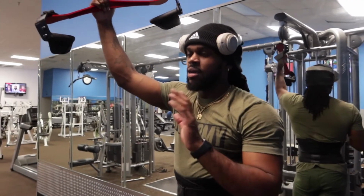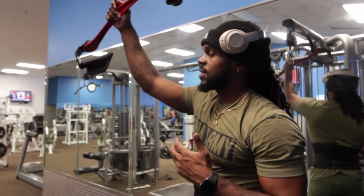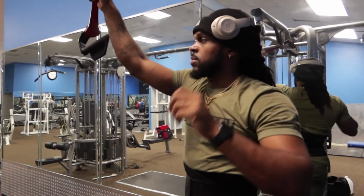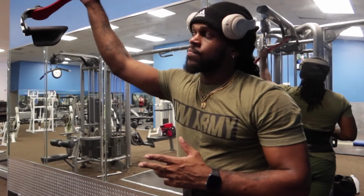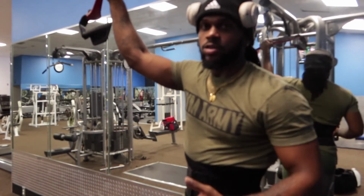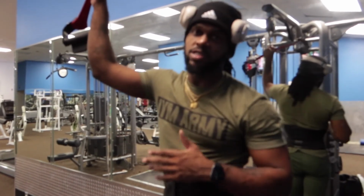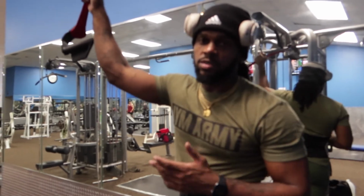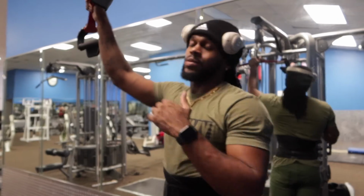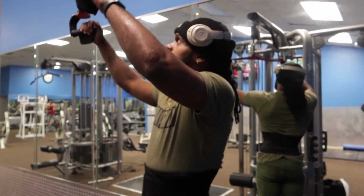This is a method I use personally when I'm doing back workouts. I start off with some wide grip lat pull downs, which I did earlier. But like I said, I don't really like talking when I'm working out. So even when I'm making videos, and then I stop working out just to talk or whatever, it's a distraction for me, because I like to keep my rest periods in an orderly fashion. So what I do is start off with some wide grip,